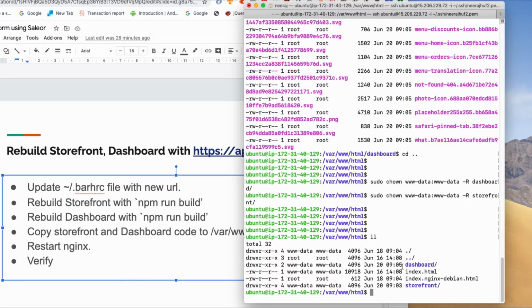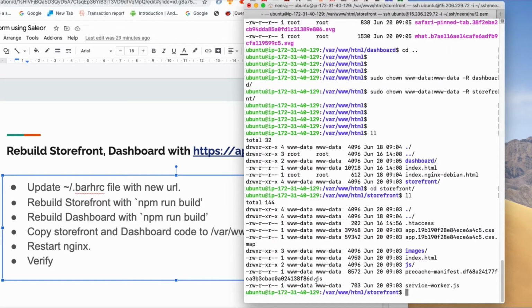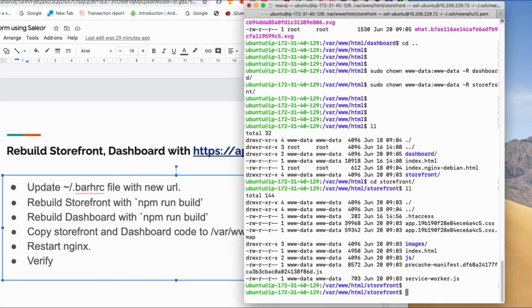If I see my dashboard and storefront permissions are www, we can also check files from inside and they are again with the same permission. So now as a last step, I am going to restart Nginx.